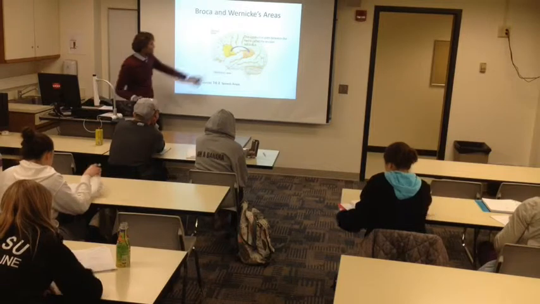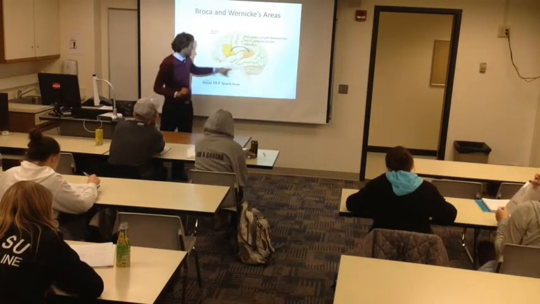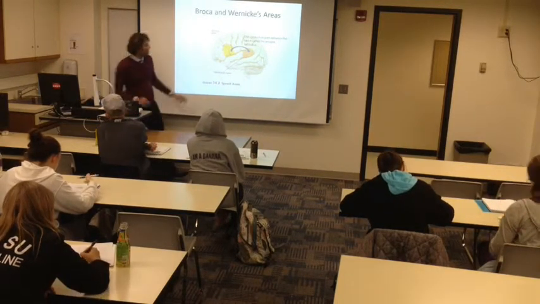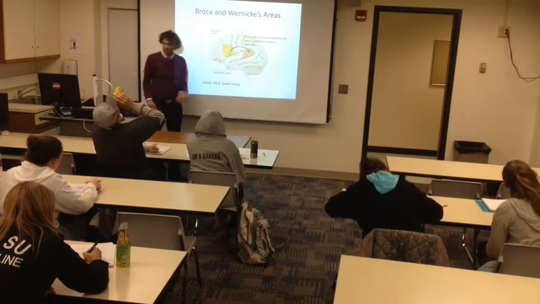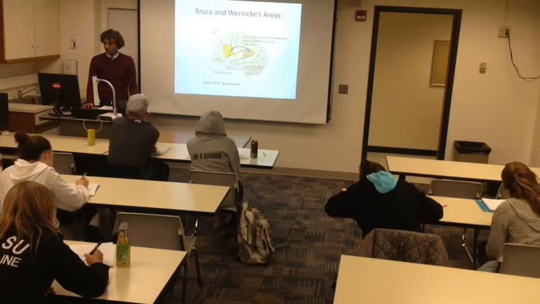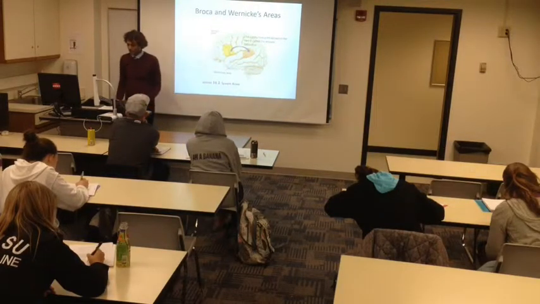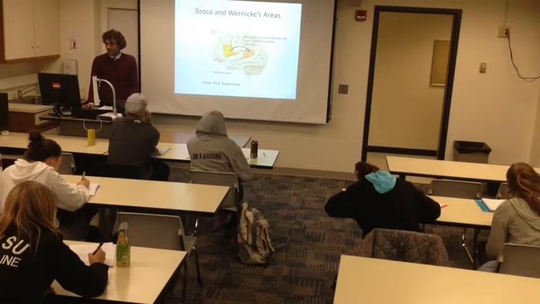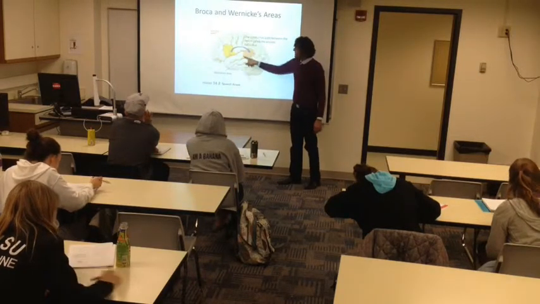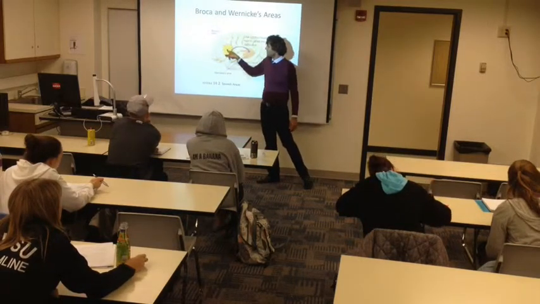So we talk about two particular areas that are crucial to understanding communication: Broca's area and Wernicke's area. Broca's area, broadly speaking, is involved in productive language, or expressive language. Wernicke's area is, broadly speaking, involved in receptive language, or understanding. There's also a connecting pathway, bidirectional, called the arcuate fasciculus, that we'll talk a little bit more about, but it's important in understanding the system. And it's also important to know right from the bat that Wernicke's area is sensory, and Broca's area is motor, expressive, action,